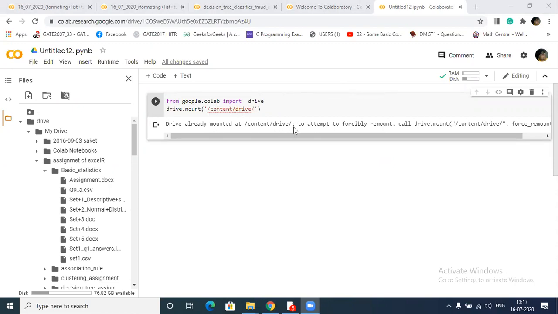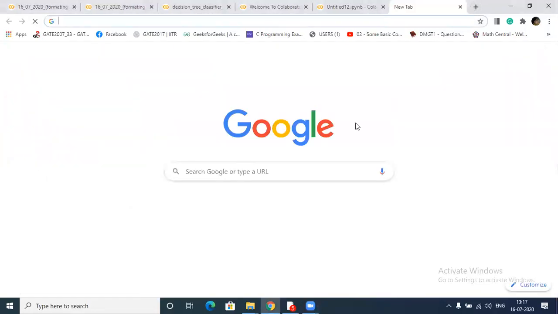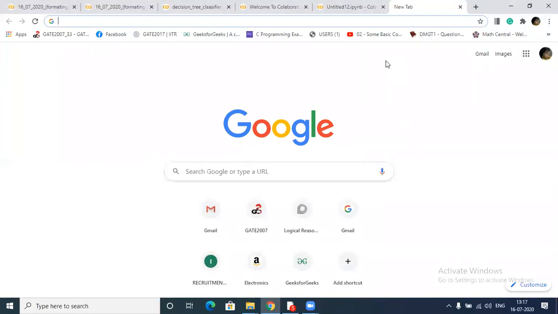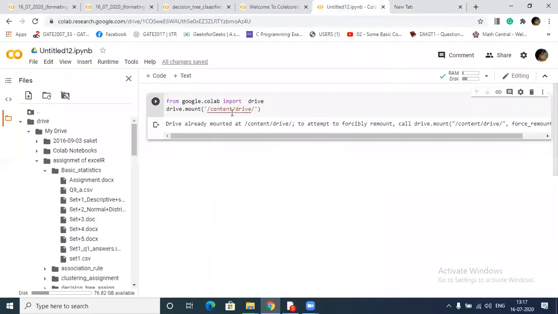So one blue link will be given, and when you click on that blue link, it will let you choose your Gmail account. After choosing, one link will be generated, and there is a copy option. I will send you the YouTube video link on how to connect with Google Drive.